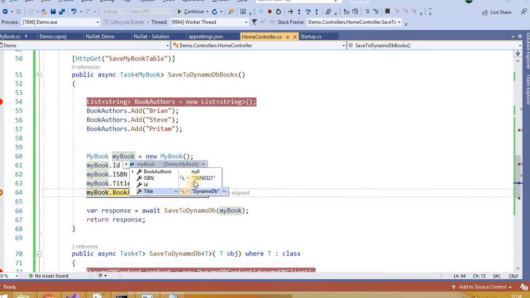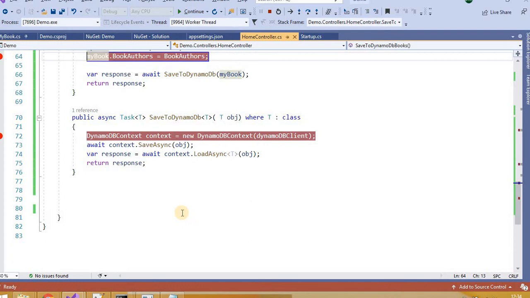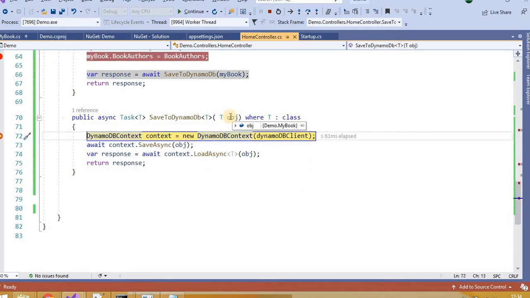See, these things get initialized. Now this is an object of type book, and we have brain, Steve, everything is there, right?